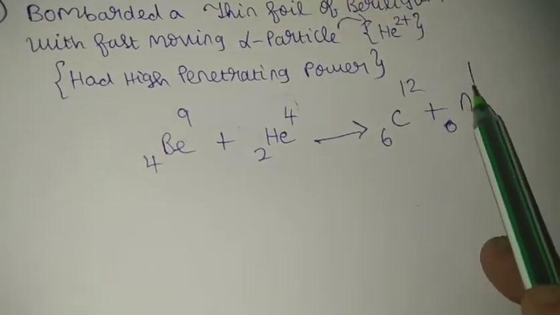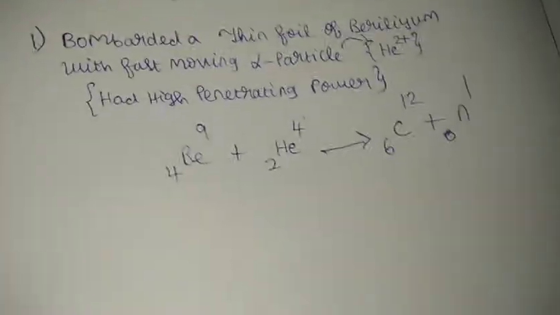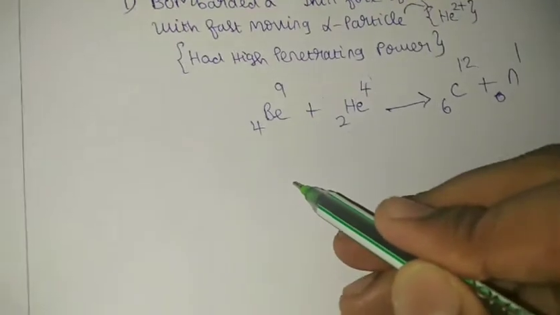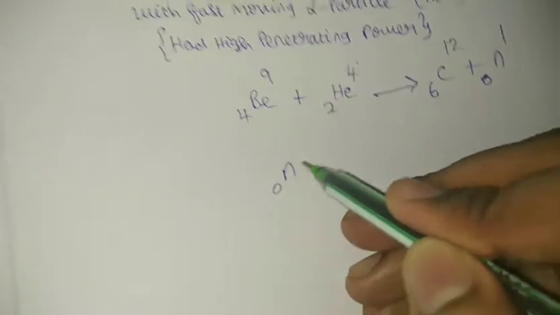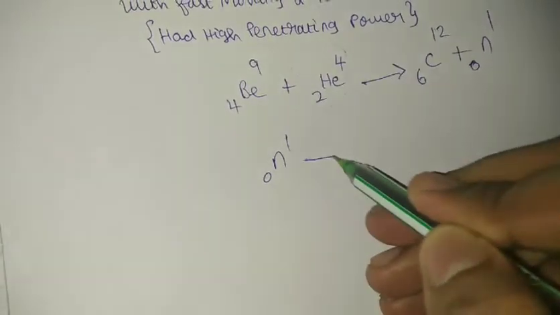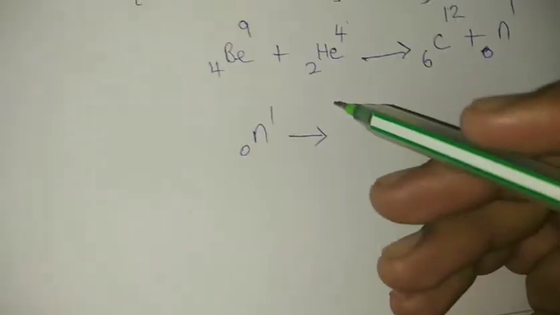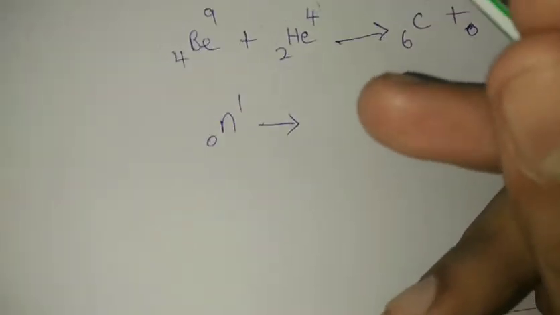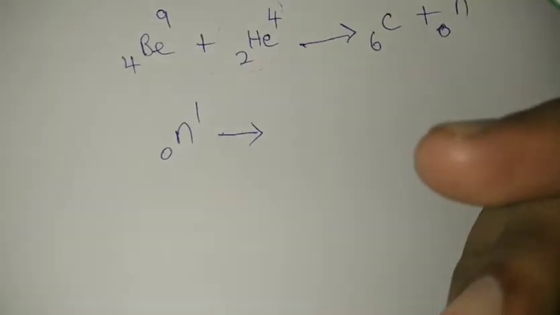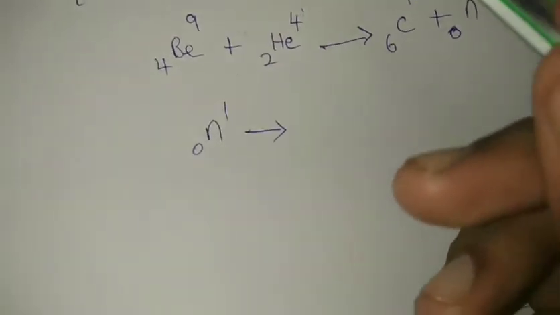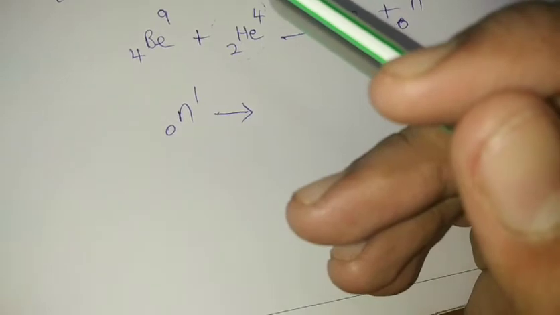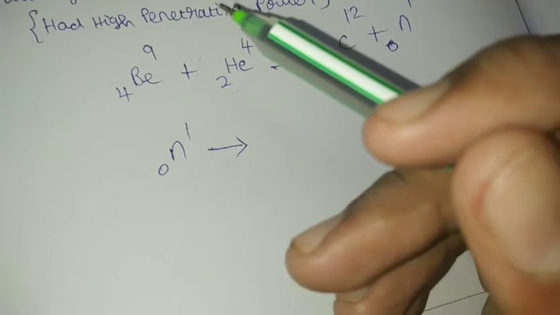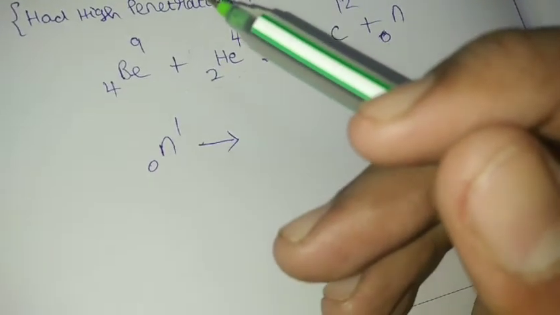Okay, so this is actually how the neutron was found, and it is assumed that the neutron divides to give a proton and an electron. You would read this in modern physics in class 12. Everything you will read basically. So do not worry if you don't understand. If you don't understand something, you can ask in the comment section. It's the starting of 11th, so you will learn it slowly in the due course of time.